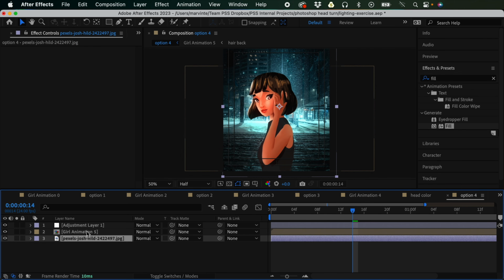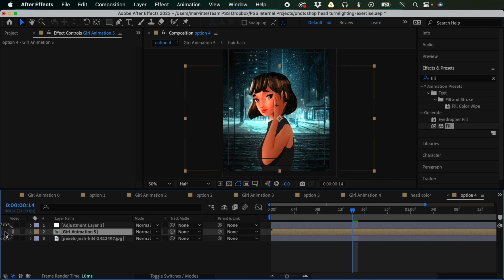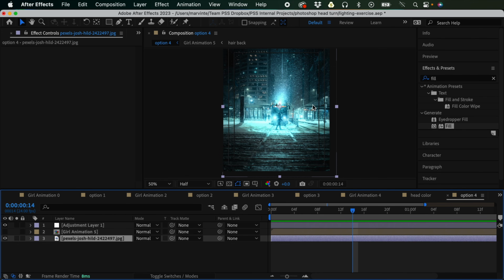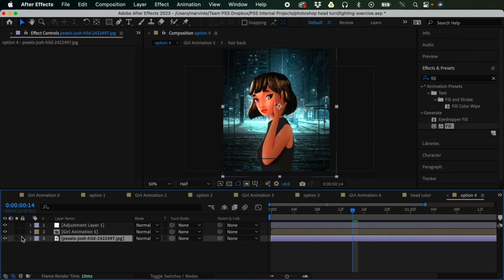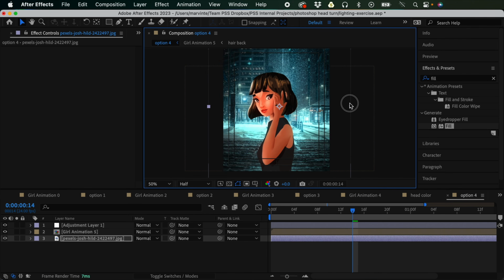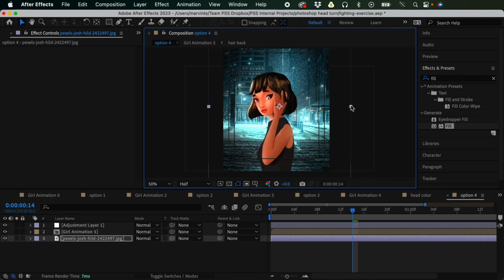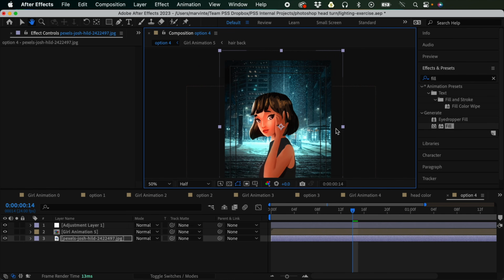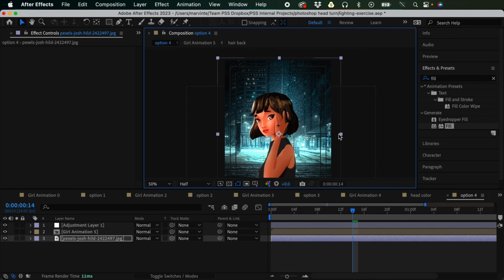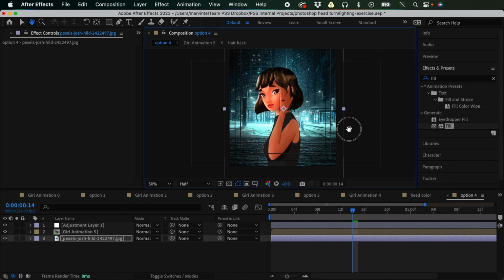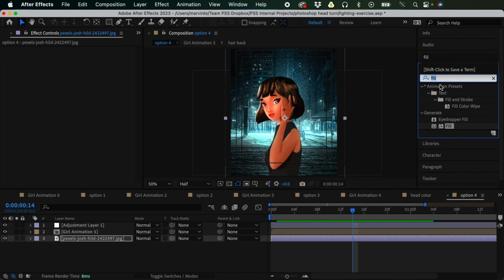If we take a look at the background, so I'm gonna hide this girl animation 2. If you look at the background, if you analyze it, it's really not a good idea that this girl is standing here at the middle, right? But no one really knows that there's a train right here. I just want the lighting effect. So just make sure that you have this one hidden, right? That it can't be distinguished by the viewer. So what I'm gonna do is I'm just gonna add some Gaussian blur to this,